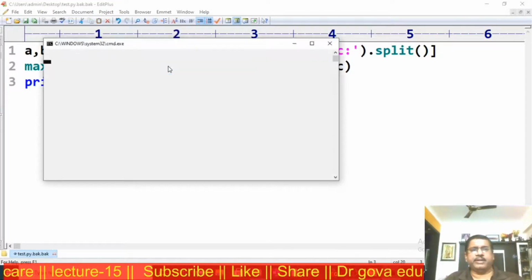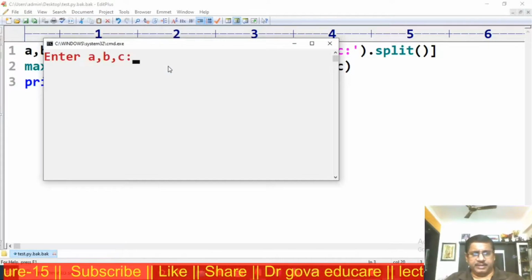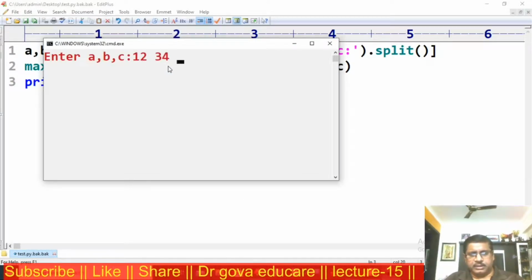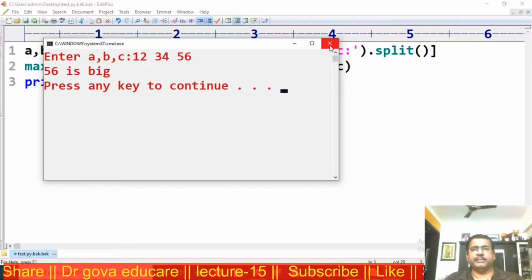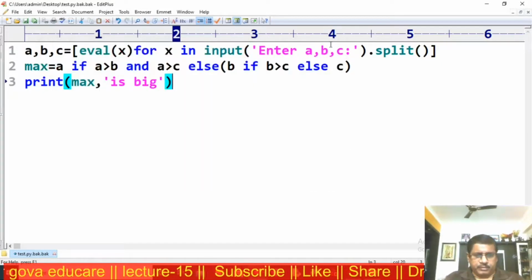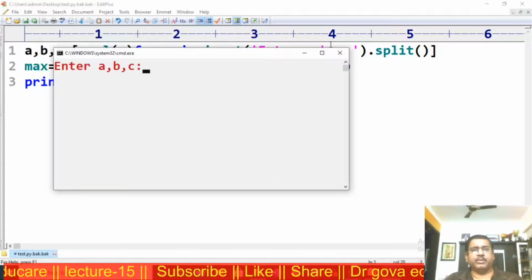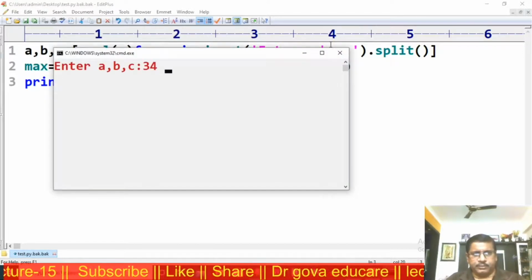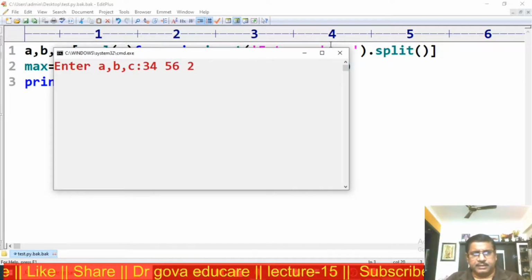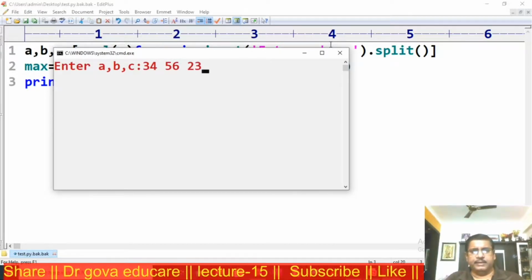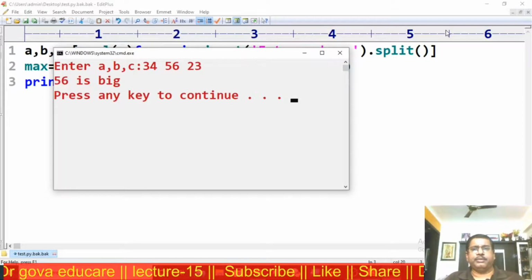I am evaluating this. Enter a, b, c: 12, 34, 56. 56 is big. Now again execute the program. 34, 56, 23. Here also 56 is big.